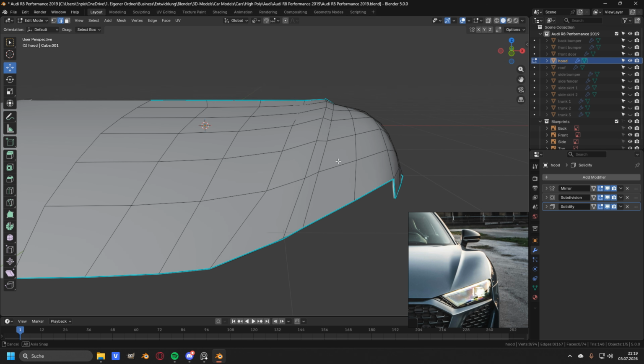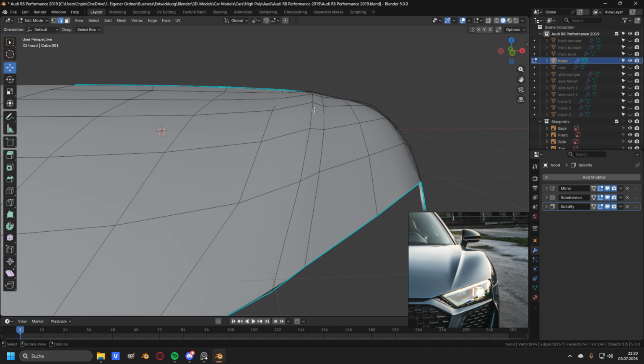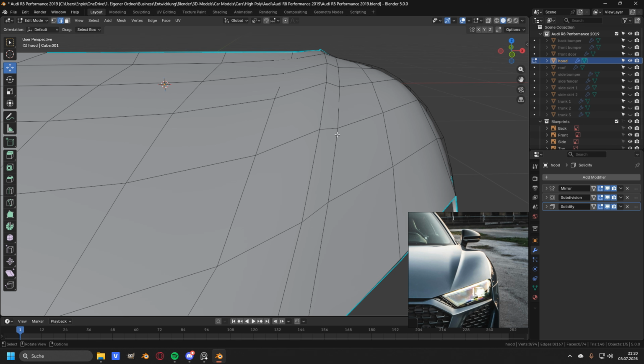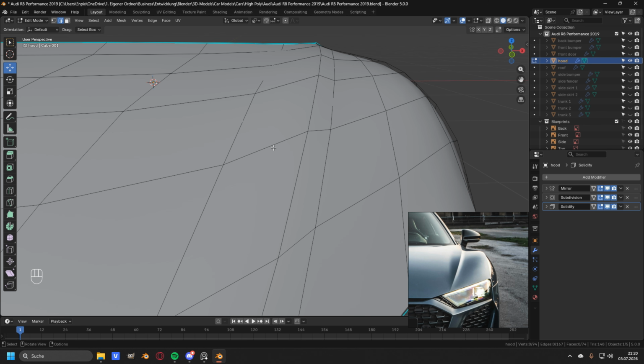and I will go ahead and show you an even better method. The better way to bring back the sharp edges that you need is by adding supporting edge loops. A supporting edge loop is basically a loop cut, which you need to go ahead and align to this edge right here, and you will go ahead and do this by pressing Ctrl and R left of the edge which you want to bring back,